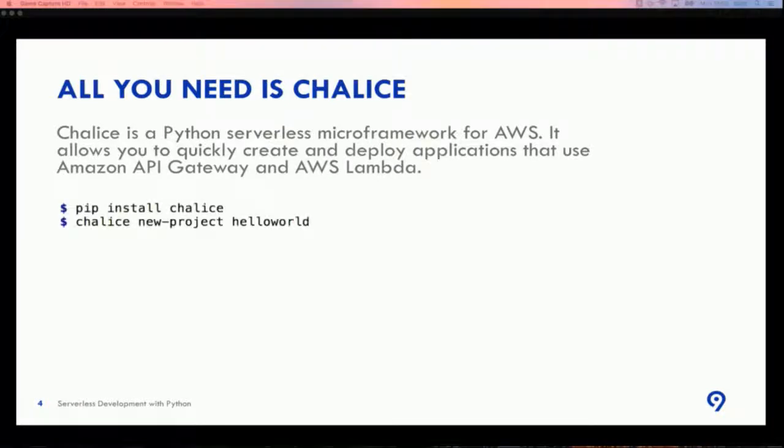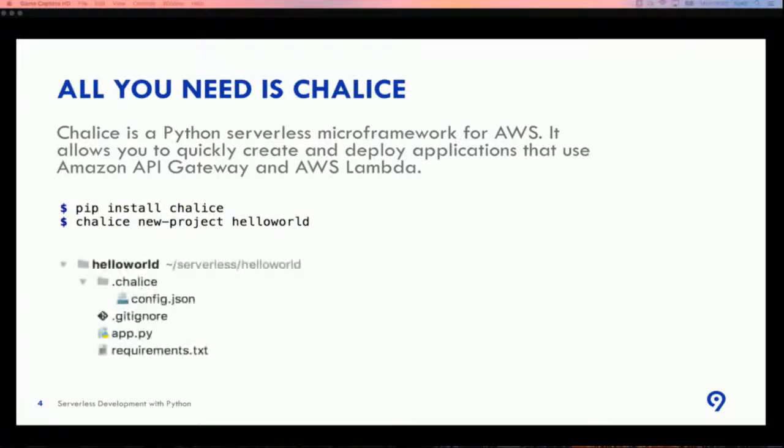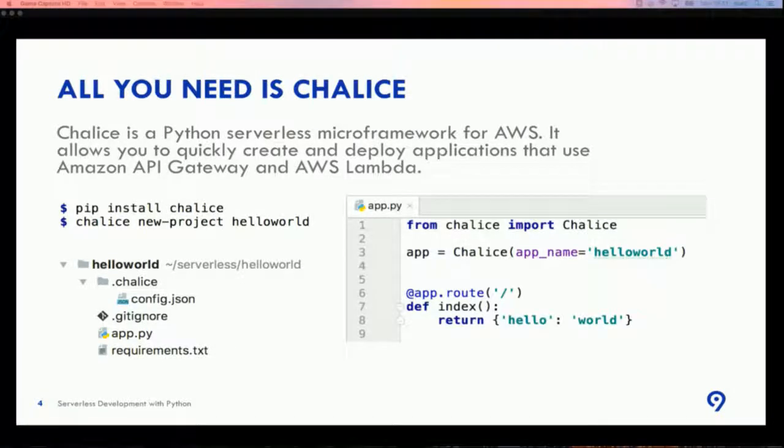To install Chalice, you have to do only 2 commands. Pip install chalice will install the package, and you create a new project with the command chalice new-project. Then it will create a structure very similar to Django, where you can see app.py, .gitignore, and all the needed files. If we look into the code of app.py, you can see that it is very similar to Flask, for instance, with easy routing, with functions, and with application initialization. So I liked it, and I tried to dive deeper with Chalice.